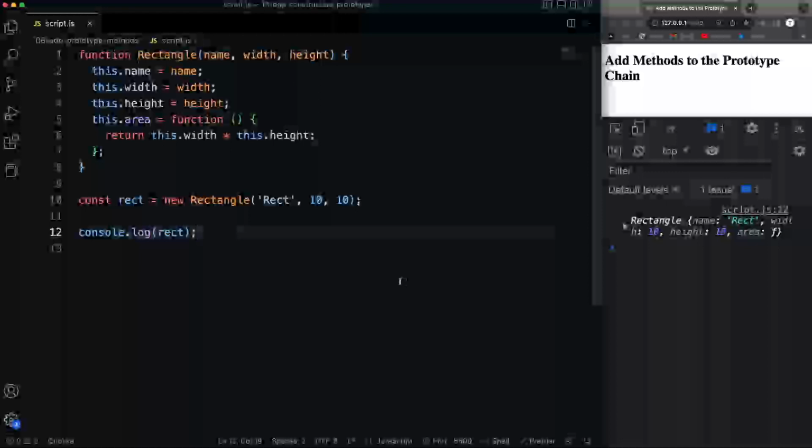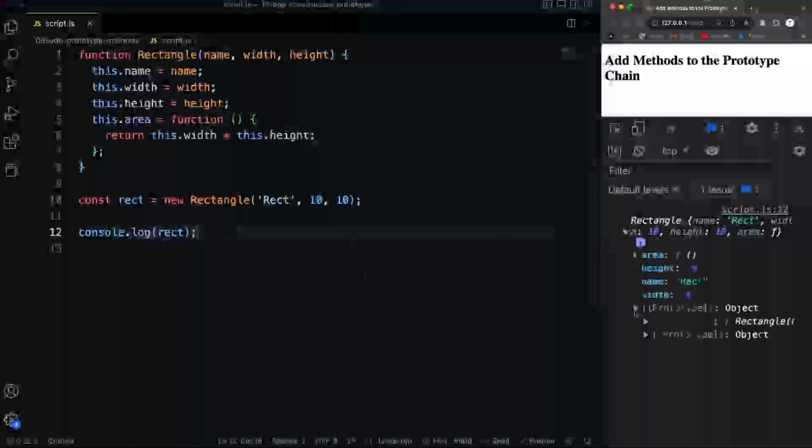All right, so in the last video, we looked at prototypes, which are basically just special types of objects where we can add methods and properties. So if we look at our rectangle that we're logging here, and we look at the prototype, right now all it has in it is our constructor function. Now, we can store methods in the prototype, and a perfect opportunity for us is to put this area function